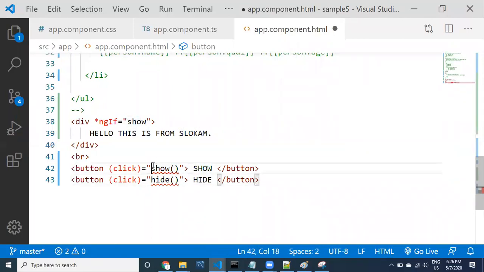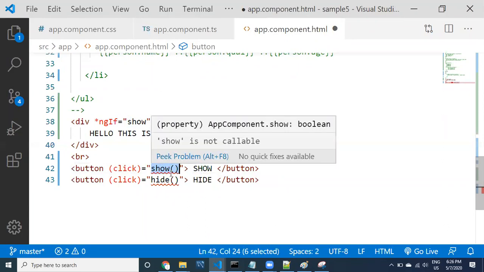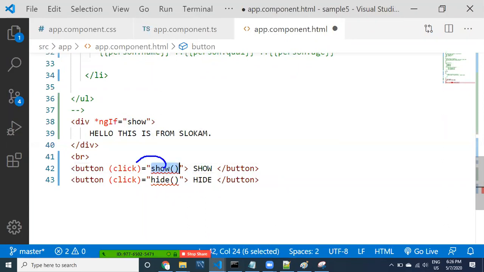We are doing some event binding here. So I have to go to the show component and within that change the property to true. Whenever you click on this button, I have to call hide method. Inside the hide method, we need to change the property show to false.